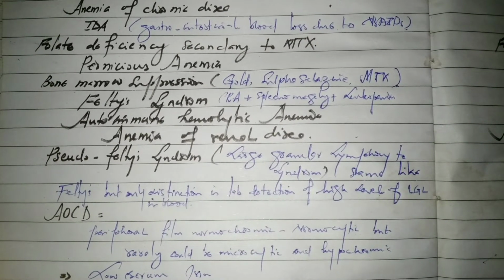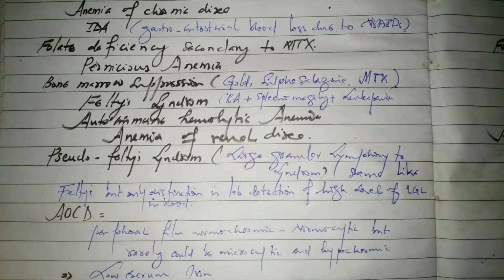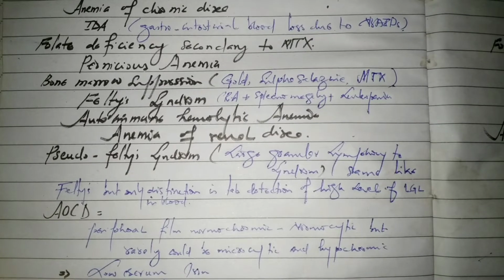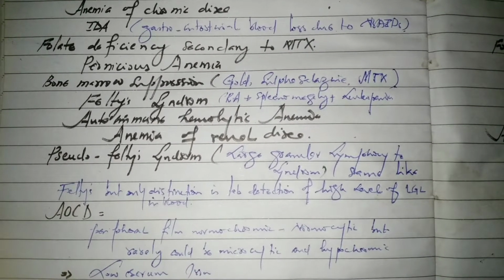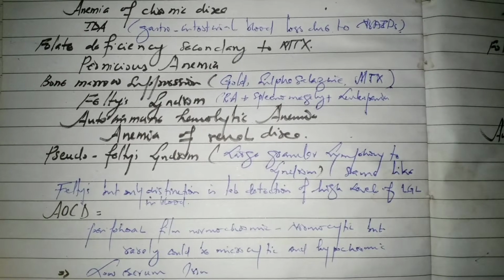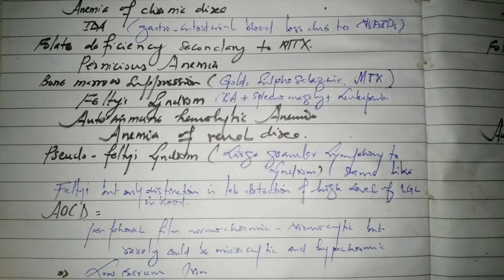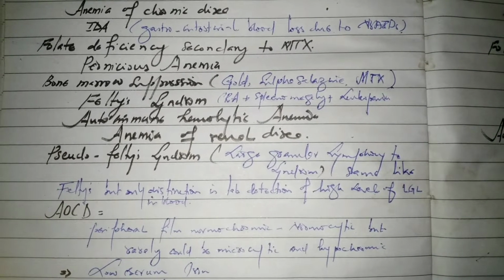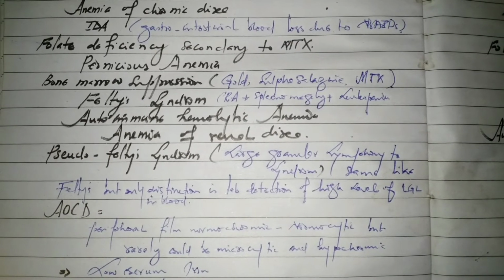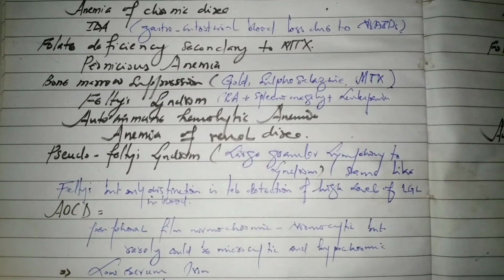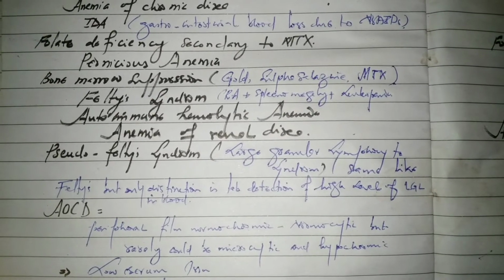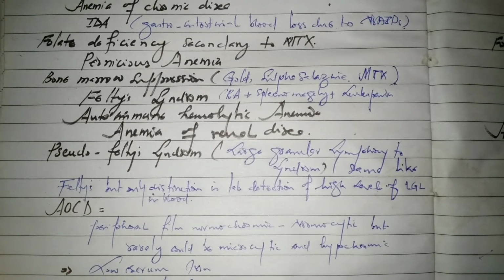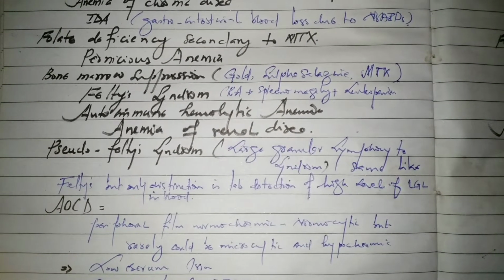And anemia of renal disease: there are various reasons for renal involvement in rheumatoid arthritis, such as NSAIDs which are used in RA, they can lead to NSAID-induced nephritis, amyloidosis, because RA is a chronic inflammatory condition and any chronic inflammation may lead to amyloidosis, and vasculitis and also other reasons. So whenever renal involvement is there in rheumatoid arthritis, it may also cause